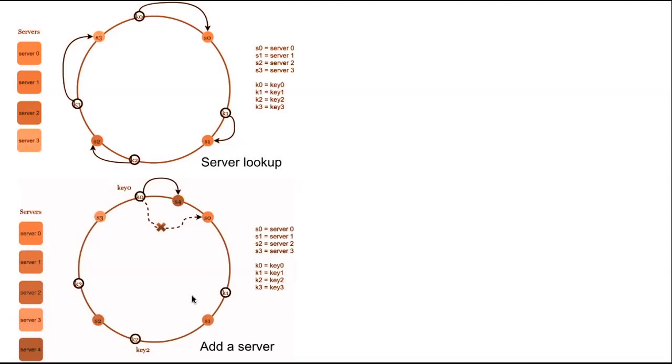Now we have added server 4 too, and we added this server 4 between server 3 and server 0, right? After server 3, we added this. Like in the ring, if we see, it is added between server 3 and server 0. Server 4 is added. And then we can see only key 0 needs to be redistributed, and K1, K2 and K3 remain on